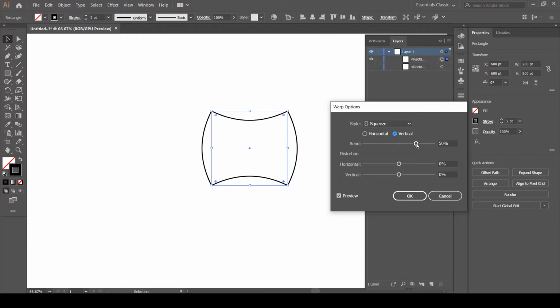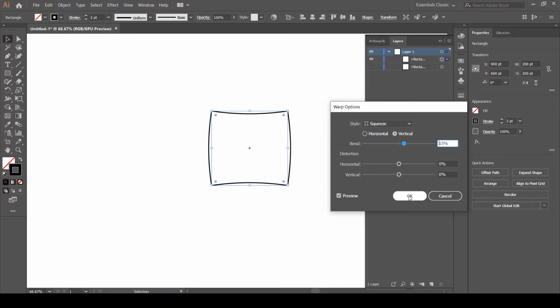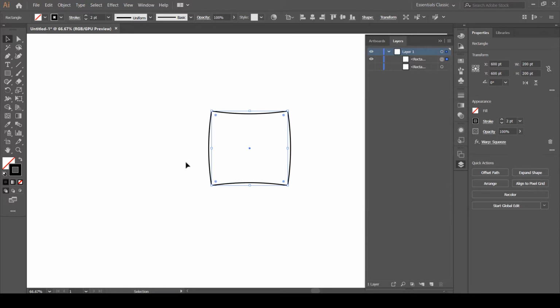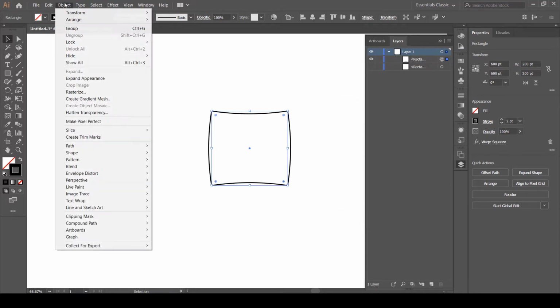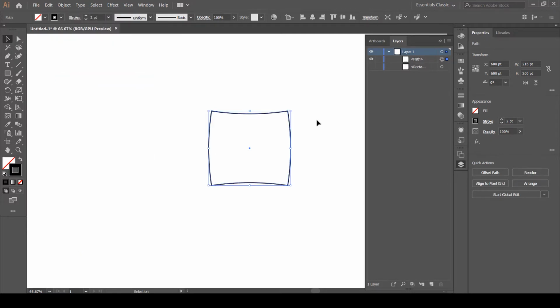But the bend, I think, should be about 15%. Anything bigger than that for this particular square size might give you a little bit of a problem. So let's click OK, and let's expand it: object, expand appearance.